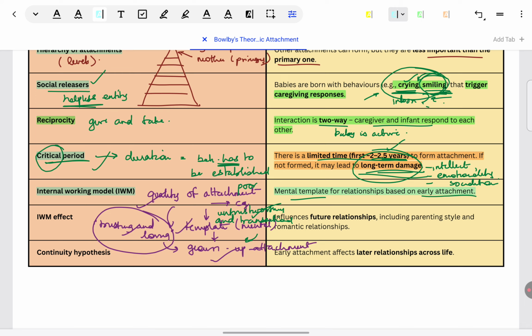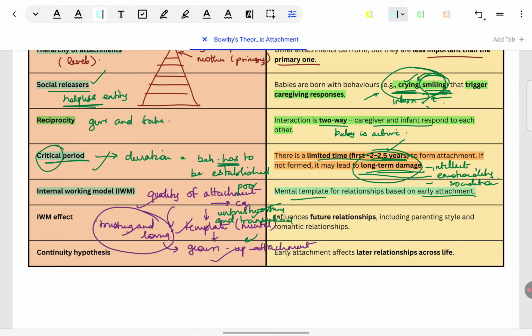Do keep these ideas in mind if you want to do relationships next year as an option. If you'll be taking that, that will help you out. And also definitely for the topic we are going to see very soon, Ainsworth's strange situation test. In that there is a discussion of attachment types, secure, insecure. Right now I'm not using that terminology, I'm avoiding it, but we are going to see that very soon. So these ideas will help you to easily understand what is secure, insecure attachment, and they are further classified also. So it'll just become easy to grasp all of that.